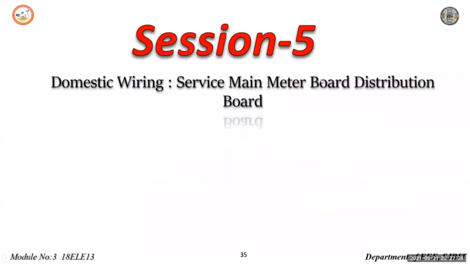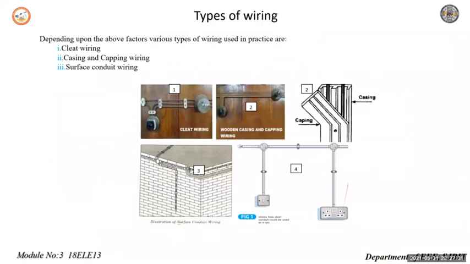Let us start today the next chapter, domestic wiring. First, what are the factors? Here in domestic wiring, the first topic we are learning about is types of wiring. Before we get into the types of wiring, let us study the factors affecting the selection of wiring